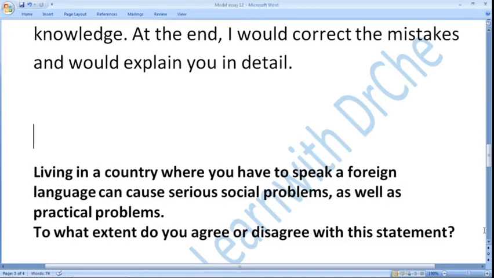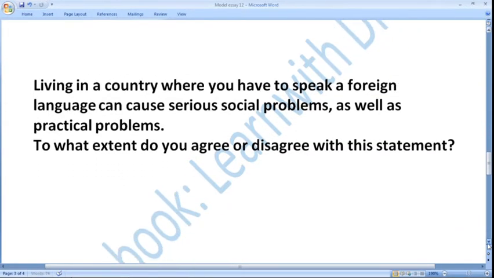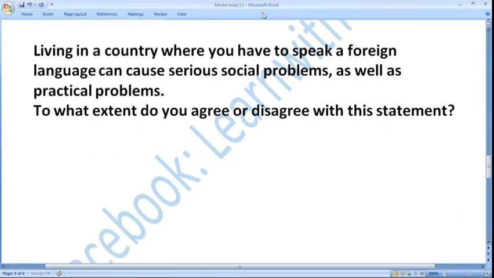This is our question for today. Living in a country where you have to speak a foreign language can cause serious social problems as well as practical problems. To what extent do you agree or disagree with this statement? So after reading the question, you need to think what kind of essay it is. It is a to what extent do you agree or disagree essay. Then you would